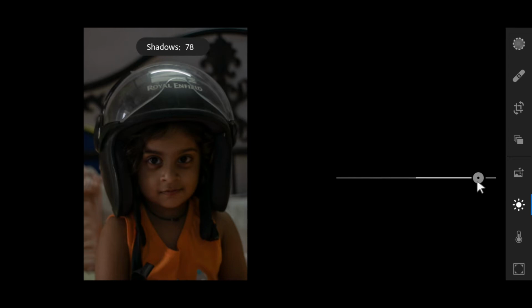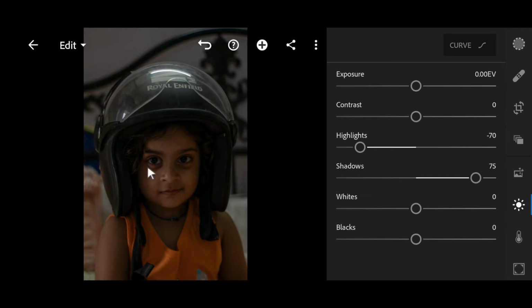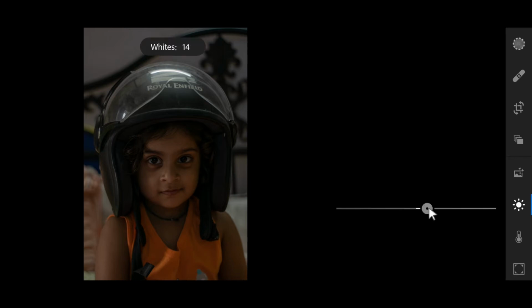Let's see what happens. Okay, this looks good. You see these darker areas have just popped up, and now I'll just increase the whites. Let's see what happens. So not too much, but I think 40 is good.